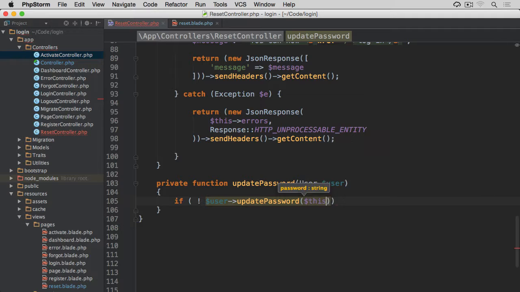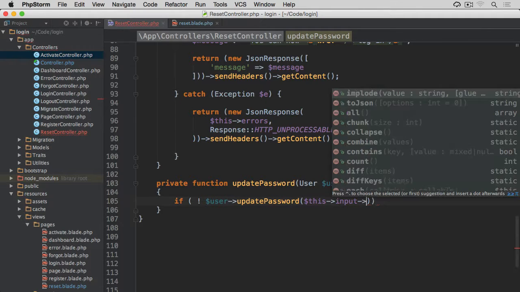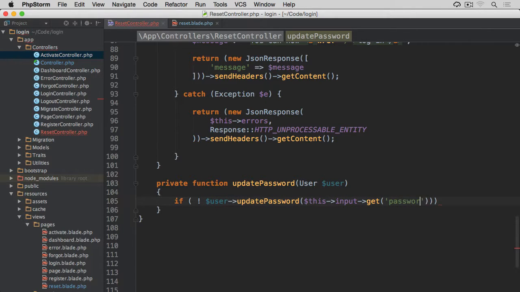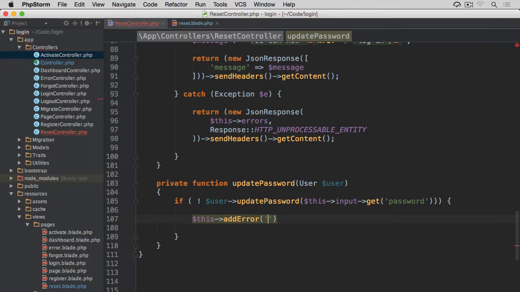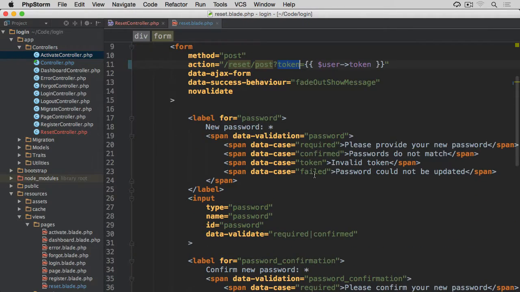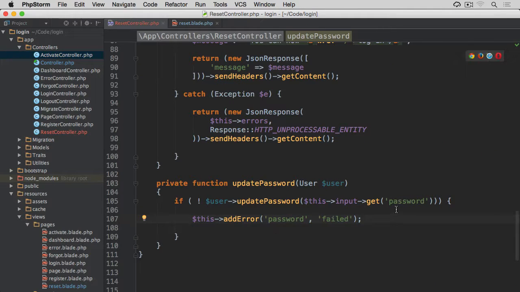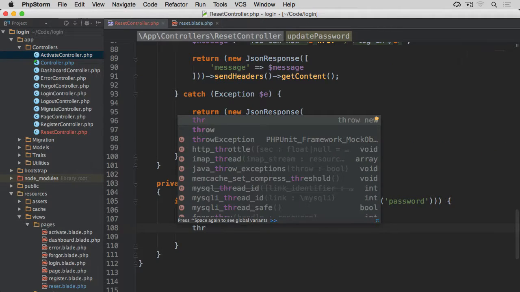We're passing through this input get, and we want to get the password that's been sent through. If it didn't update it, then we are going to again add errors, and we're going to add it above the password field. The index is going to be failed, and if we go back to this reset, the failed has the message password could not be updated, and then we just throw a new exception